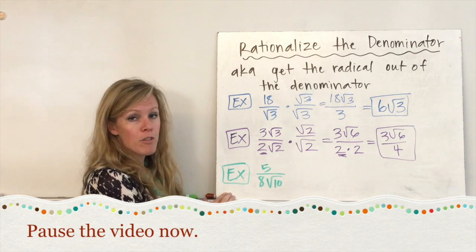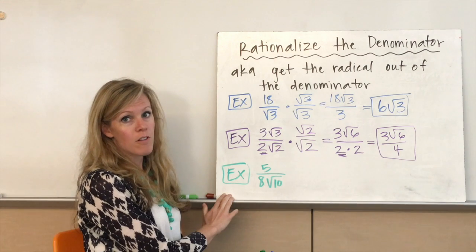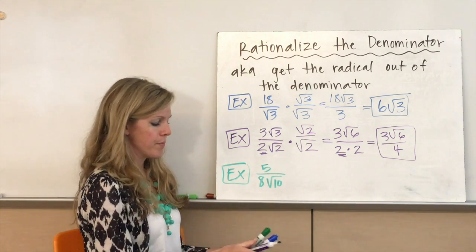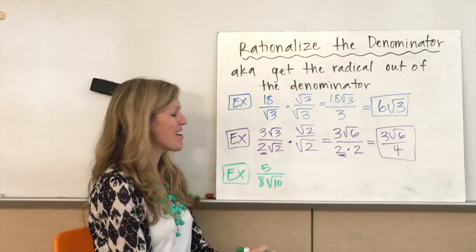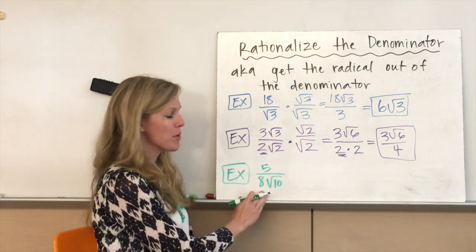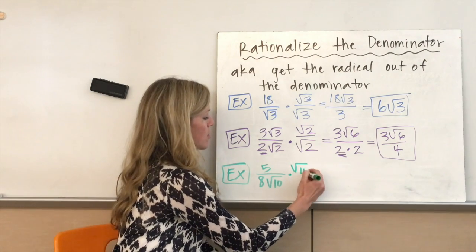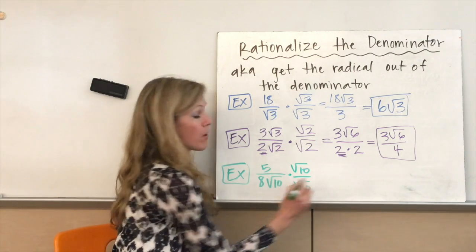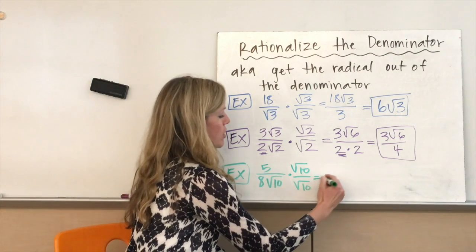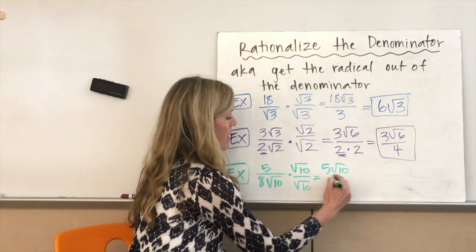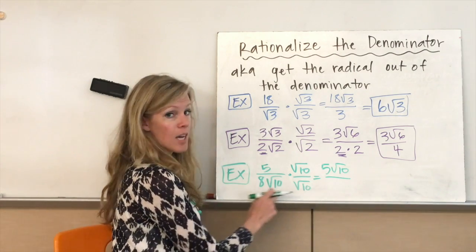Pause the video after you write down the third example and try to solve that on your own in its simplest form. Welcome back. Hopefully you paused the video and solved our third example here. We're going to use radical 10 in the denominator to determine our fraction. So we have radical 10 over radical 10, which equals 5 times radical 10 over 8 times 10,